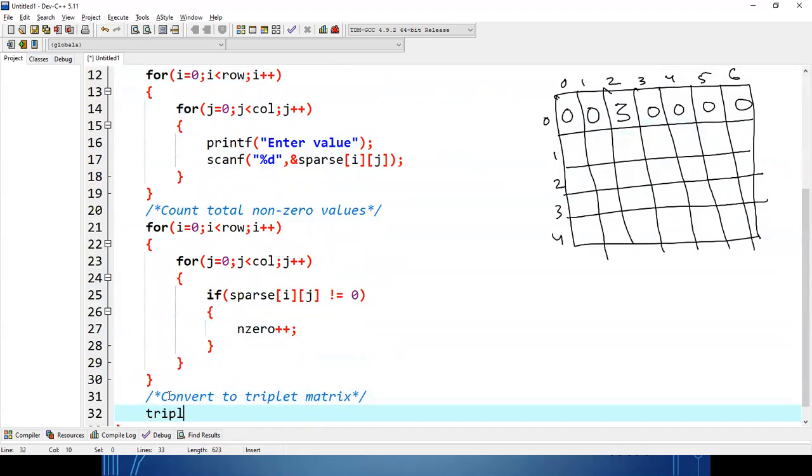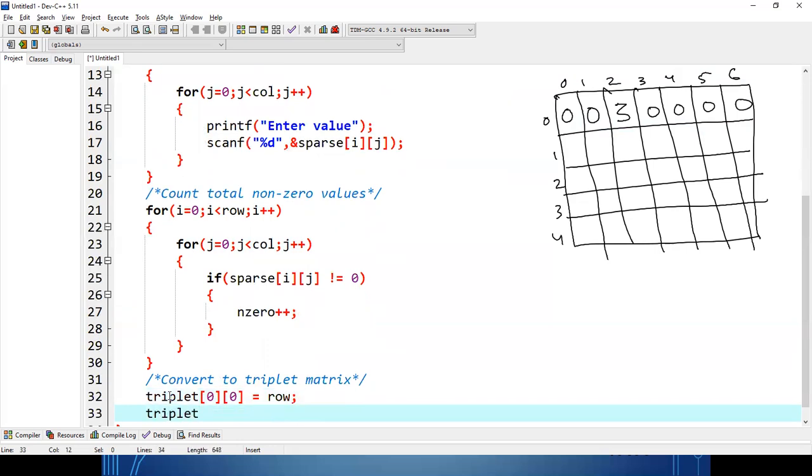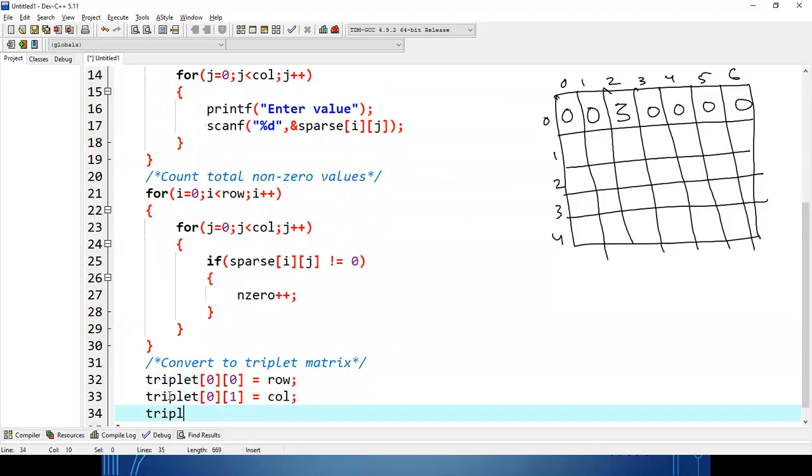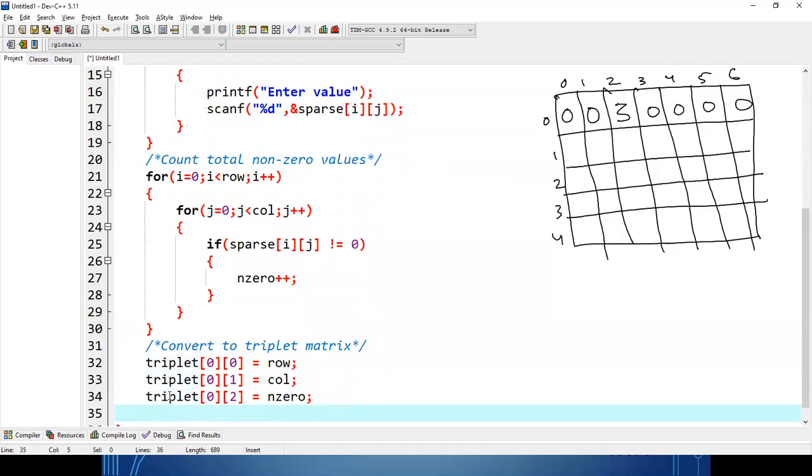So for triplet of 0, 0, we know that here I'll keep the total number of row. Okay. Similarly, triplet of 0 1 will keep total number of column. Triplet of 0 2 will keep the total number of non-zero value. Okay, done. So that means what we are doing here.